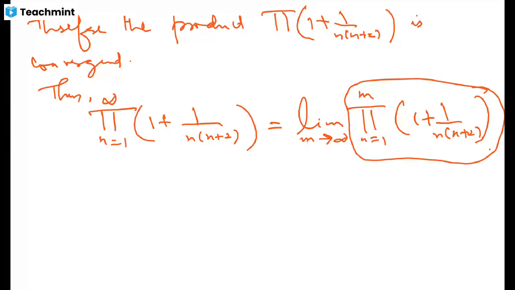Let me denote this partial product by pm. Now let us look at this pm. What is this pm? Green is not a good color to write. pm is equal to